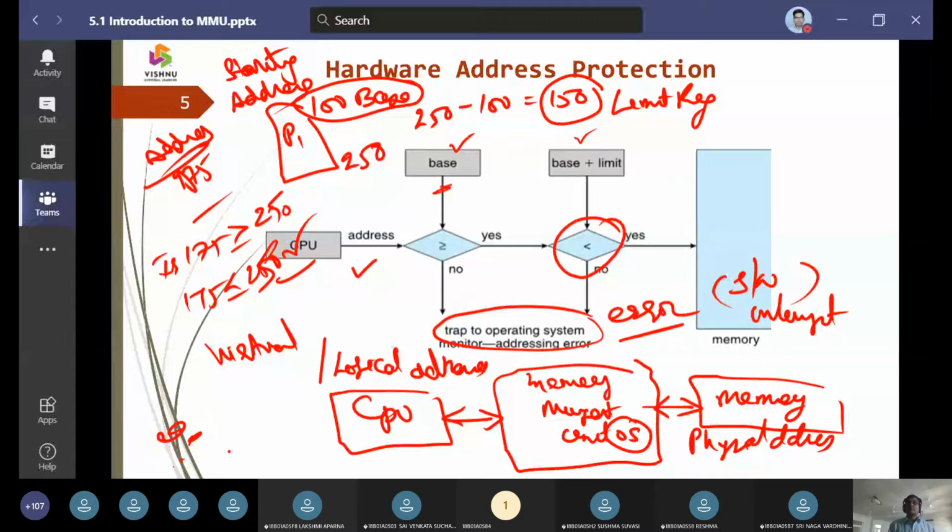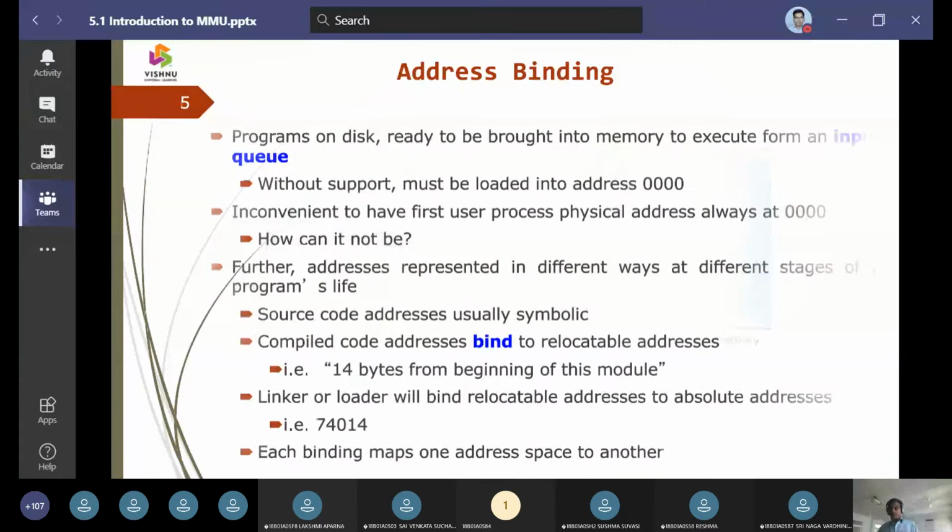So we do have the operating system, which is built with a monitor that is going to totally monitor whether the memory management unit generates addresses between the base register and the bound register or not. It is going to verify. So if it is verified, then only is it going to give access, so that the program stays within the range.